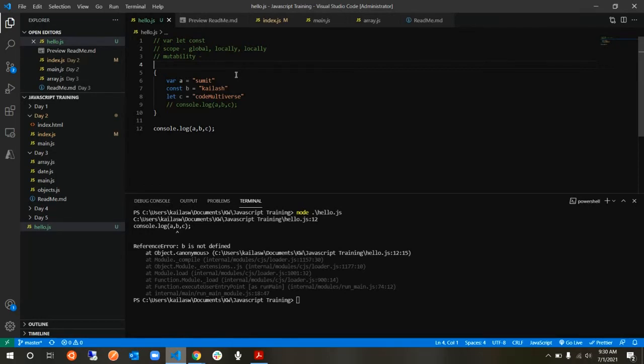Let's go ahead and see if A can be changed to something else within the block. Sumit to Sumit C. And then we'll check if B can be changed, let's try one by one.